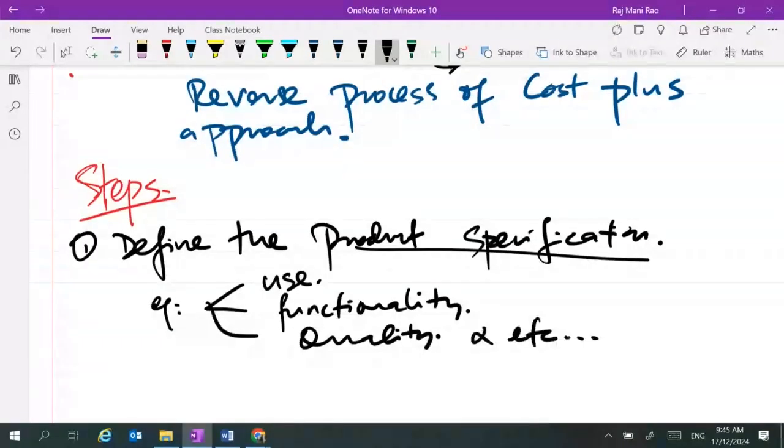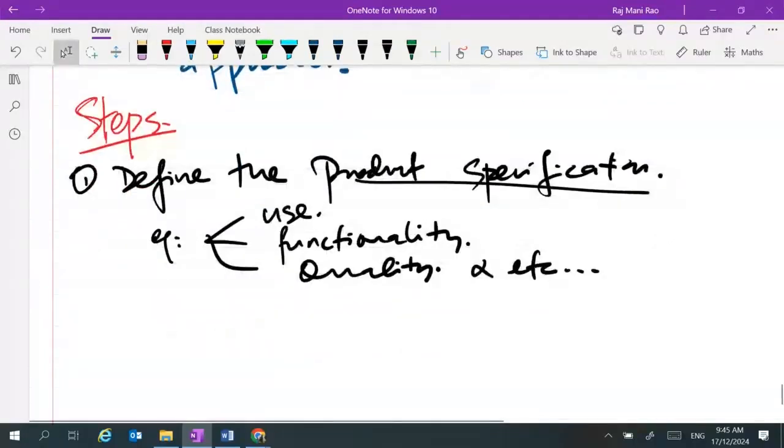How does it look? What is the size, shape? What is it made of? What is it supposed to do? So define the product. What are you trying to sell? What is the product going to look like? Once you have defined the product, number 2,